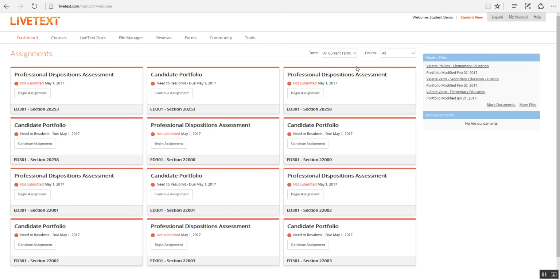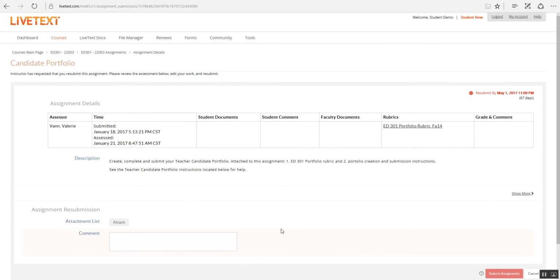It'll have the courses that you're taking, as we've talked about before, as well as the professional dispositions. Again, ignore the professional dispositions assessment, any of those that you might see. Okay, you're going to have only one candidate portfolio on your screen, so you will click on the Continue Assignment button. Once you do that, it will take you into your LiveText account. You're going to click on LiveText Docs,